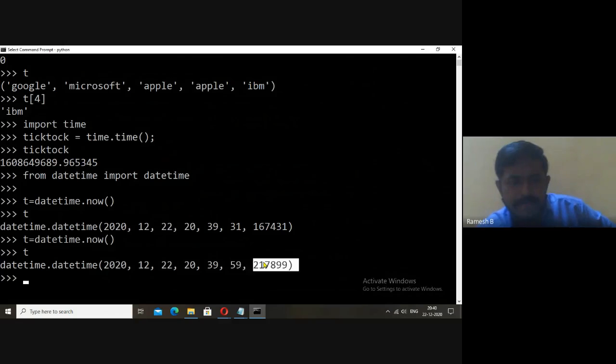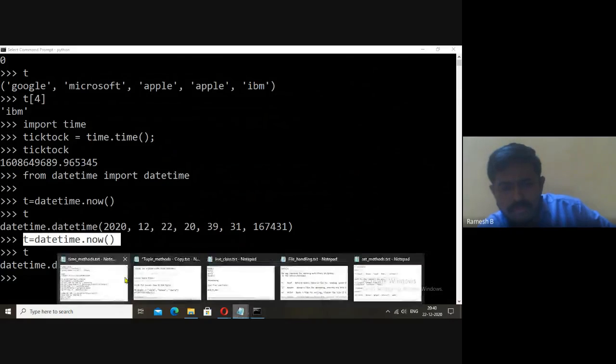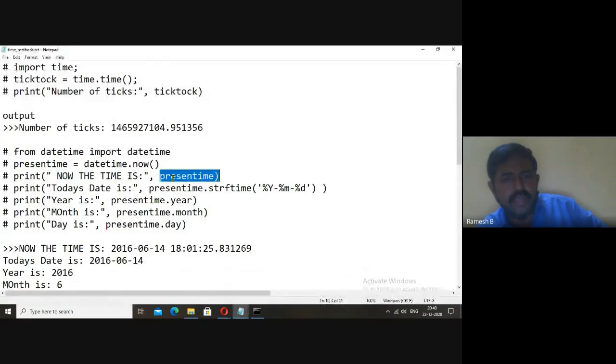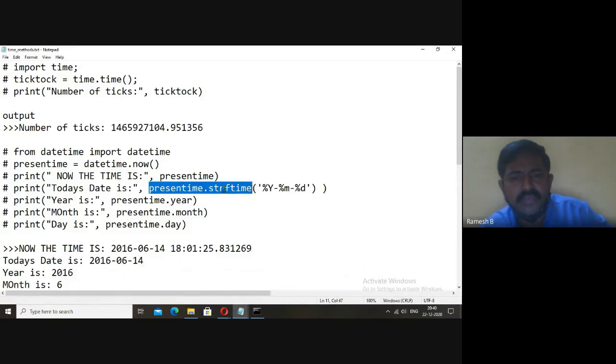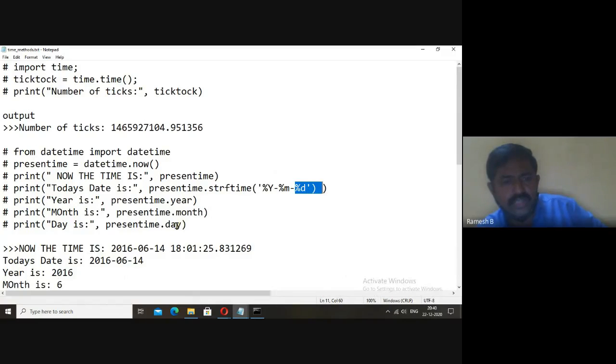So the method here is now: datetime dot now. First the module name, next it is dot now. Now in this example, we are presenting the present time in a formatted way. If you want it in a formatted way, first we want the year, next the month, next the day. You can see there today's date is first year, next month, next day. If you want it in this way, we can use a method like